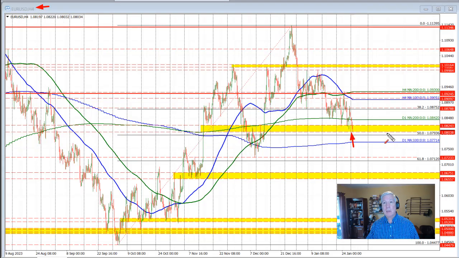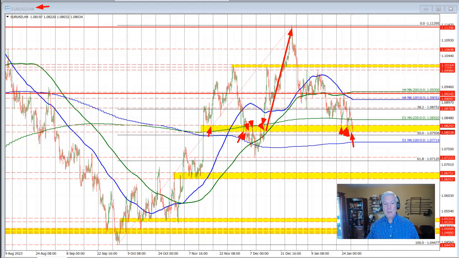The swing area is defined by a number of different swing lows and swing highs going back in time through this area, through here, here. We did move here and then move to the upside. We returned to this level in trading last week with prices moving within this yellow area here. And trading today, we moved back into that yellow area and are testing the low of that swing area at